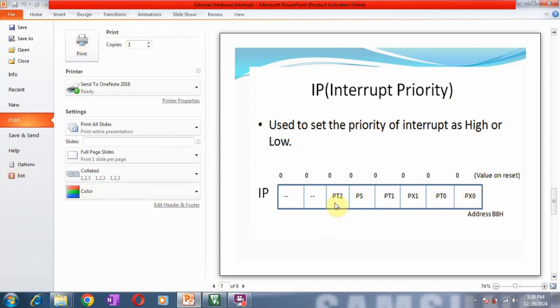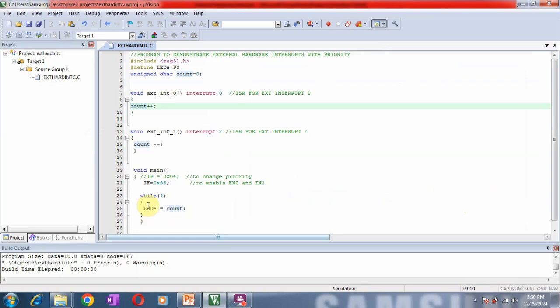So I am going to make this PX1 bit equal to 1, and then the format will come, this is all 0 0 0 0, only this bit is 1. So 0x04 is the value. So you can see in the program that I have loaded IP equal to 0x04. So this is for changing the priority.